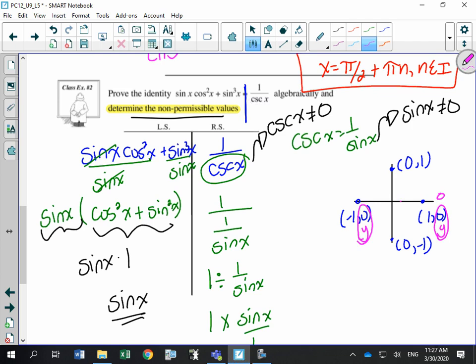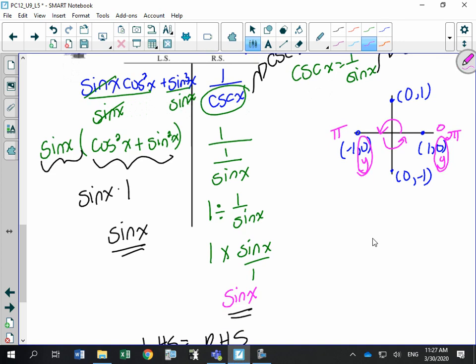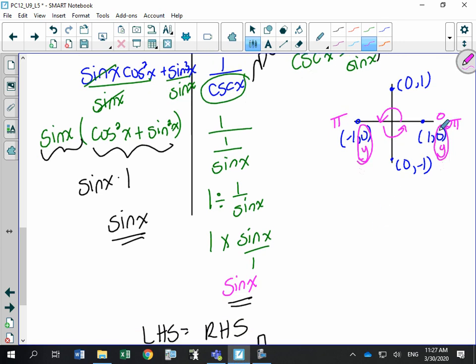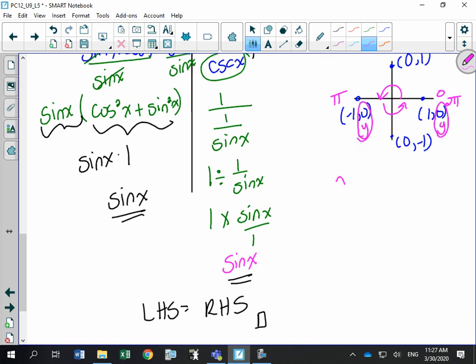At 0, and then if I add pi, I would get over here on the unit circle. If I add pi again, I get back to 2 pi. So how do we write this as a general solution, knowing that I can't ever be at 0, at pi, or at 2 pi? My x cannot be equal to, so instead of saying 0, we start at pi